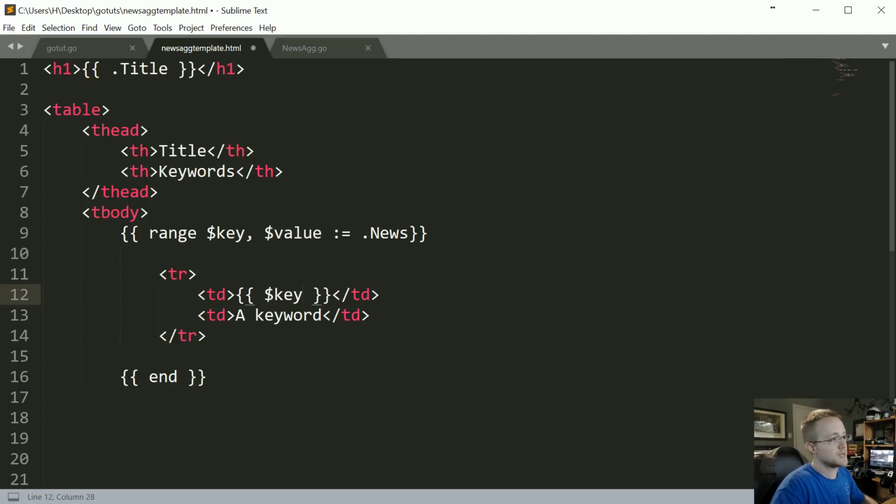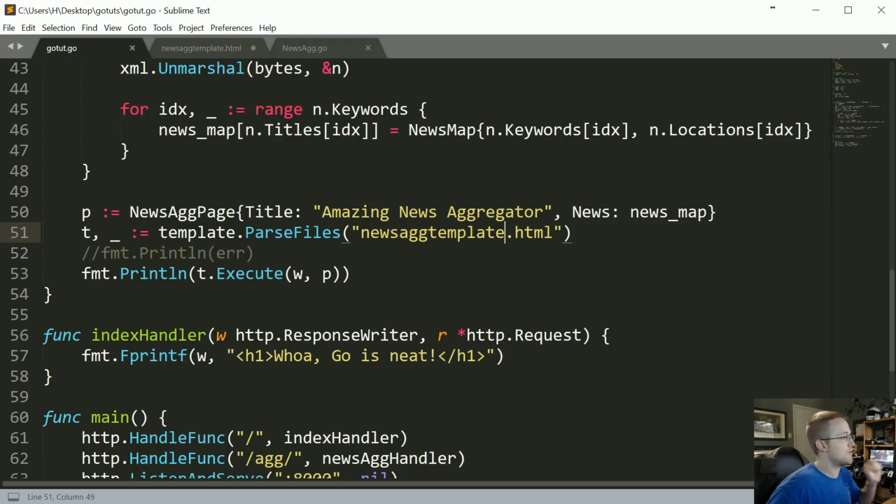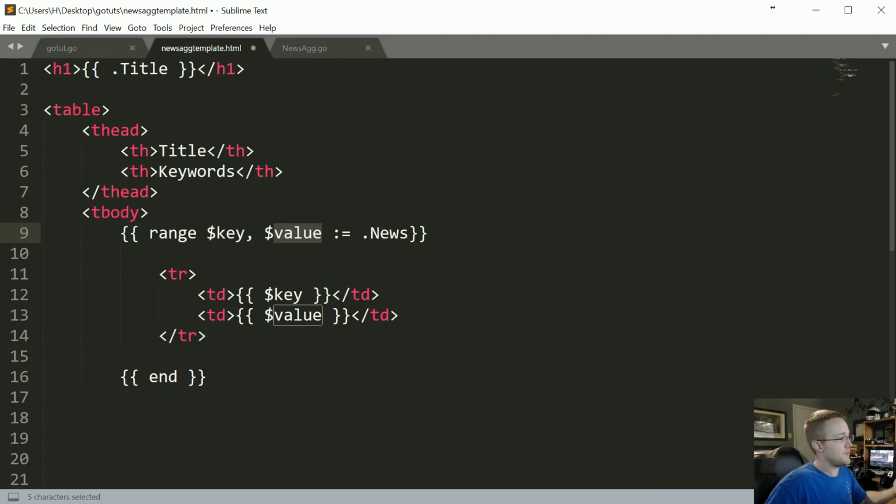So that would be like your title will just be key, and then the keyword column, that's going to be your values. So it'll be value. But value had two things, right? Because remember, value is corresponding, right? The news map has keys, which are the titles, and then the values were going to be keywords and locations, right? So if we want the keywords, we need to do value dot